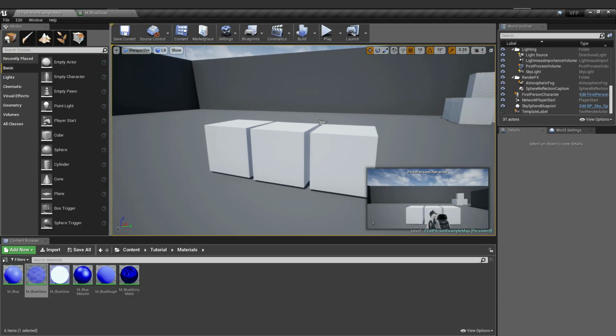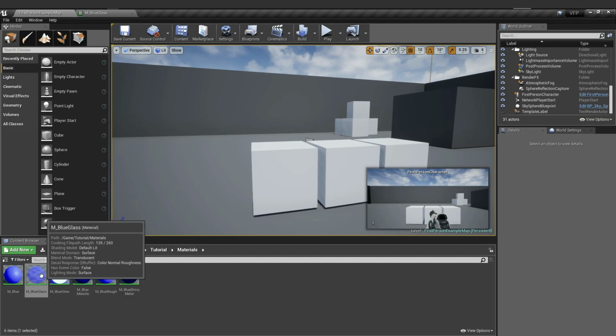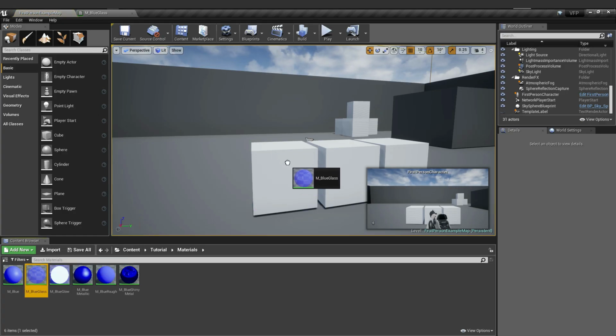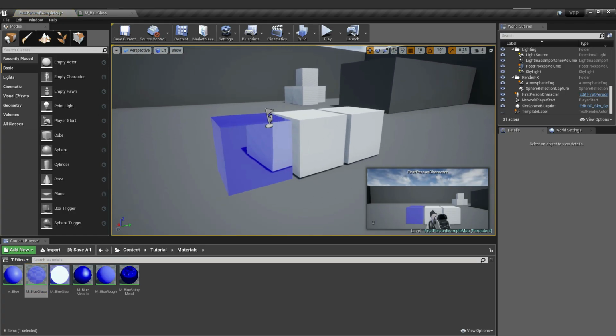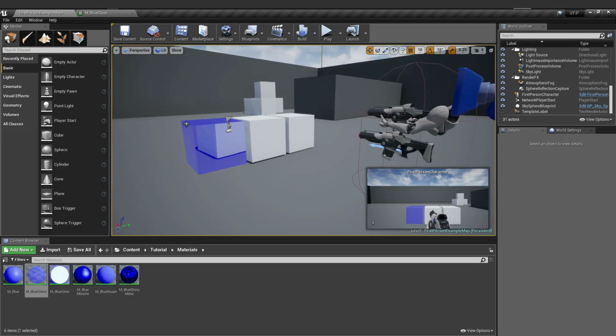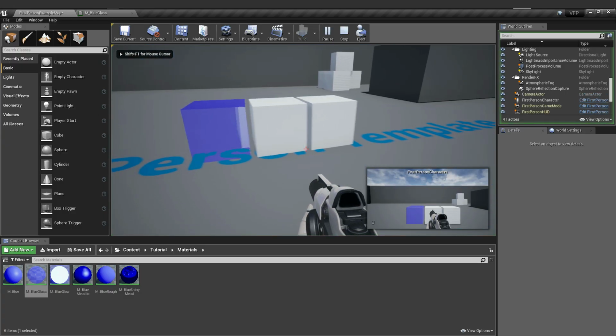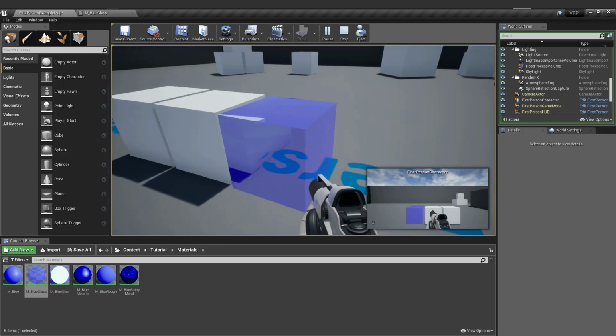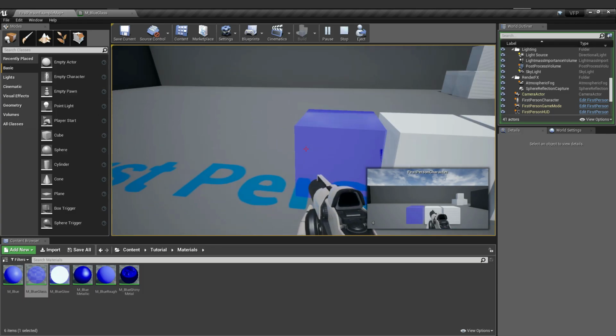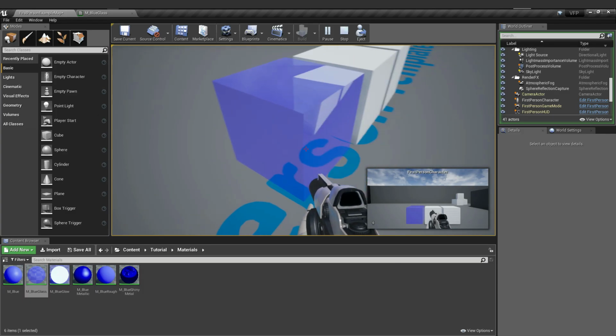For a quick application, let's just drag this material directly onto an actor. And that is the example of the glass. As you can see, the refraction of the glass. So that's the example of how you create a basic glass in Unreal Engine 4.